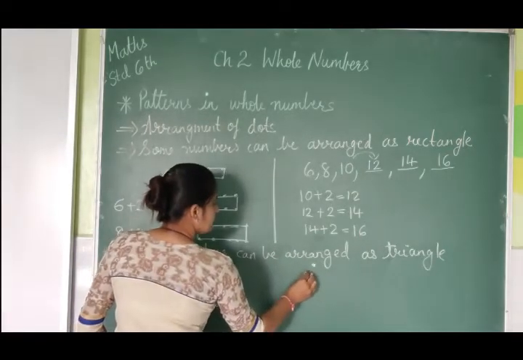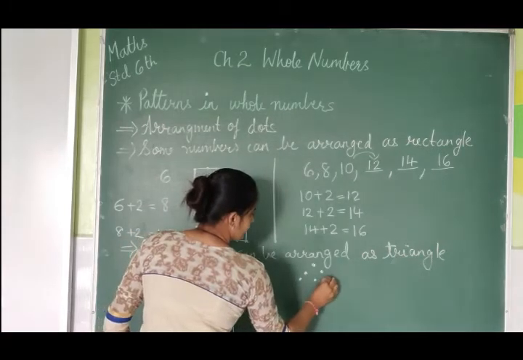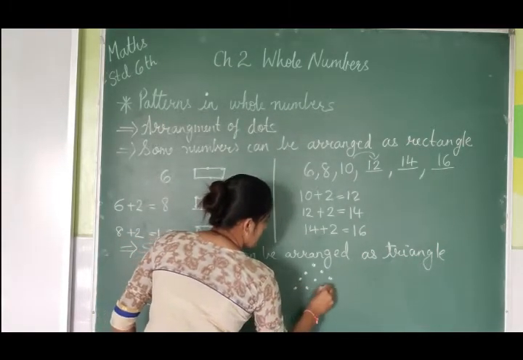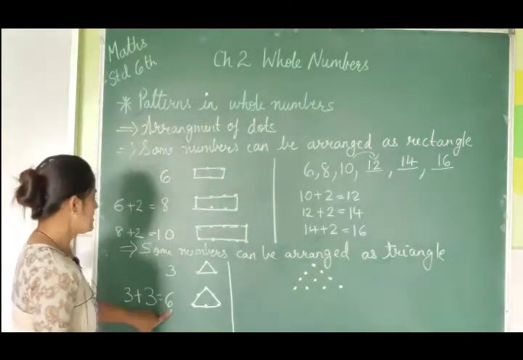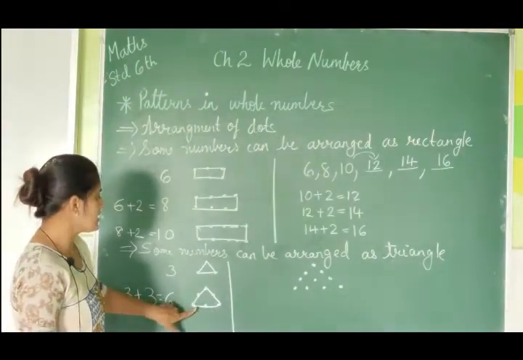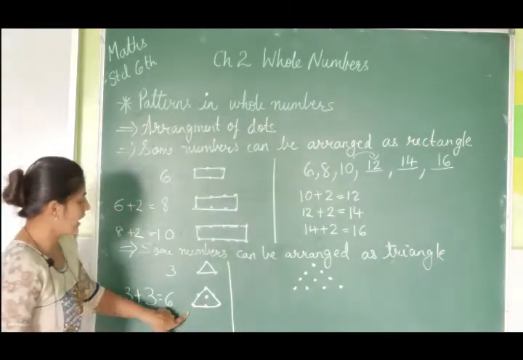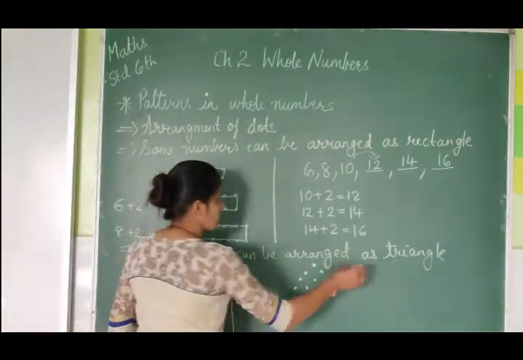1 2 3 4 5 6 7 8 9 and 10. How many dots are we getting? We have 6 already. Now with the 6, for the next step we want another. How many dots will we add? We will add 4 to it, then we will get a larger triangle.